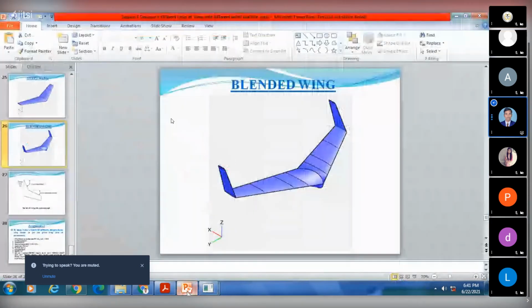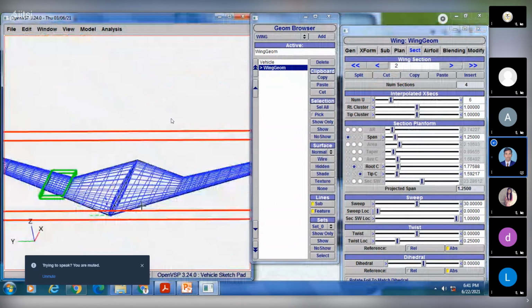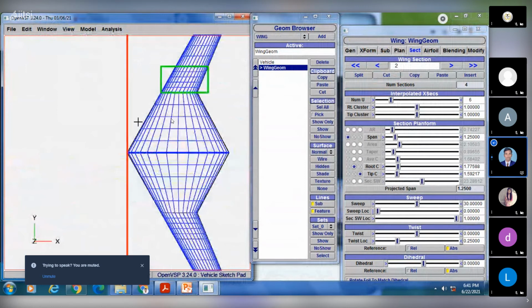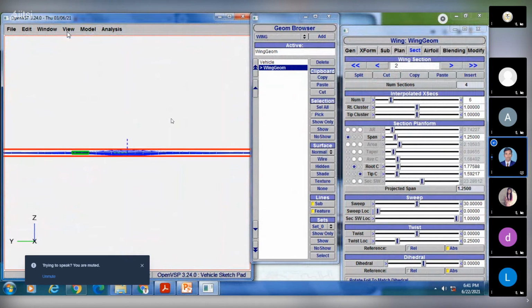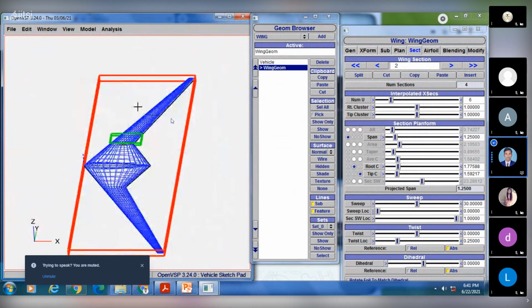Okay, so here we have the second section. Here you can see it's a plane. You can even change your view to have a look. So I will change my view to top view. Here we have front view and we have left view. Okay, so we are going in the right way. Now directly I will just increase the span a little bit. I'll increase 1.25. Yeah, I'll just increase this to 2.